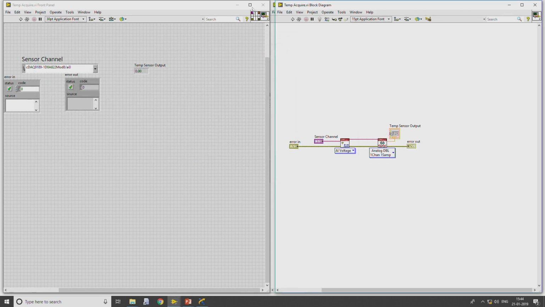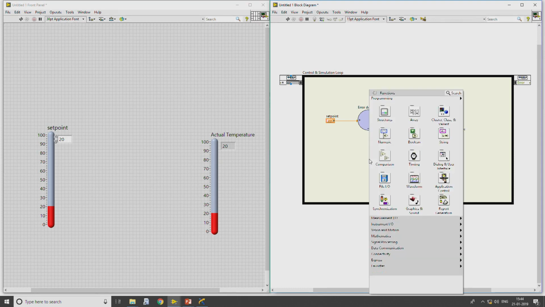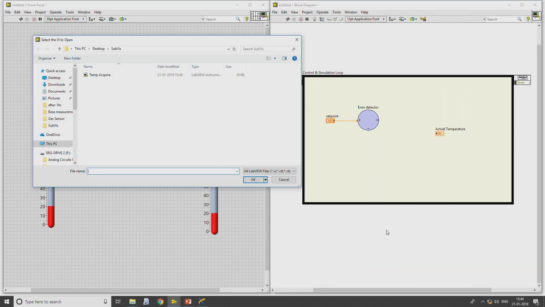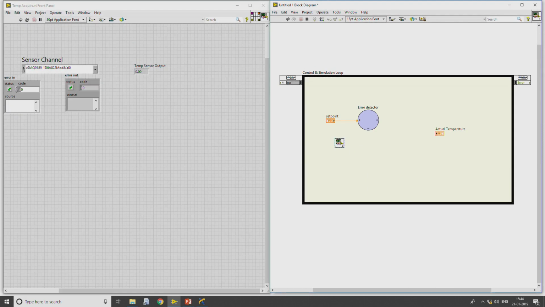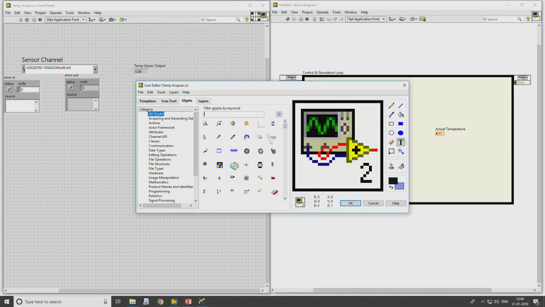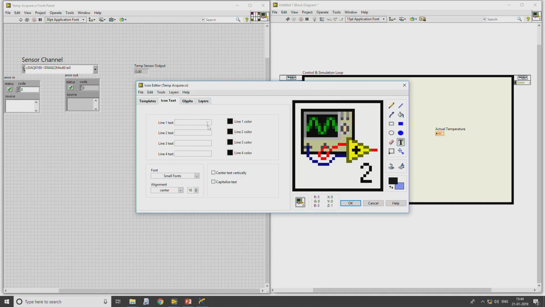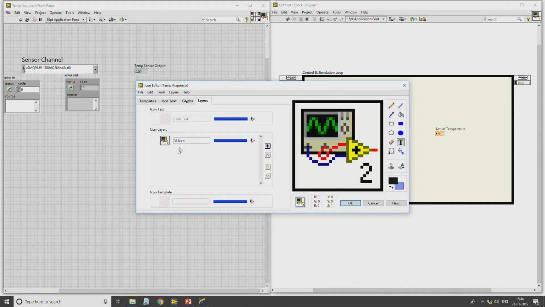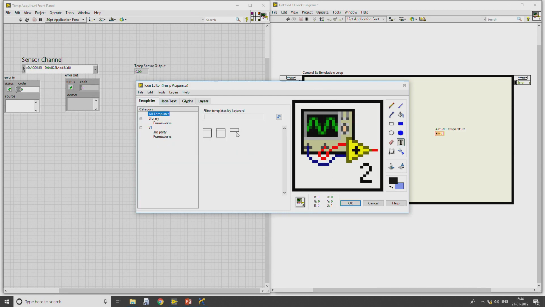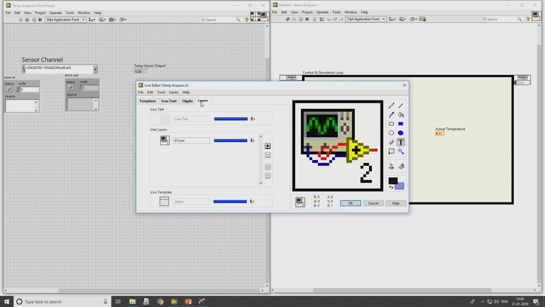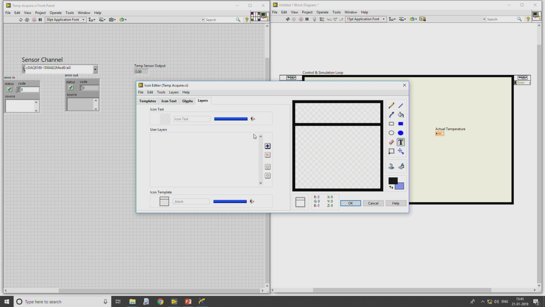I save this file, since I will be using the same file as a sub-VI. Just for our sake of interest, we can also edit the icons as well. I will replace this with this one. Let me delete this part.